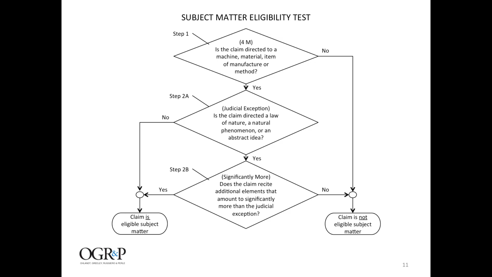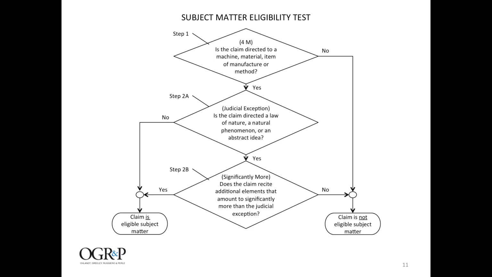And so, the question then is: is the claimed invention a judicial exception? Is it a law of nature, a natural phenomenon, or an abstract idea? Well, for purposes of talking about this flow chart right now, let's not worry about the details of that. Let's just say we can make a decision. It's either no, not one of those judicial exceptions. And by the way, the plant is a judicial exception. And if the answer is no, it's not one of the judicial exceptions, then it is eligible